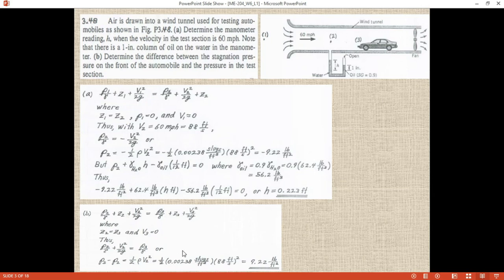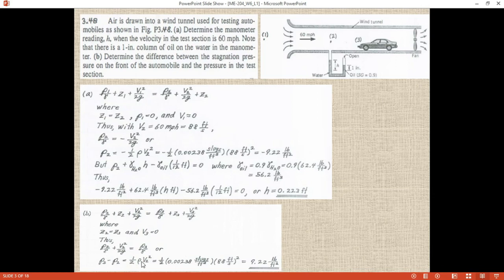So let's see. Now we are going to apply the Bernoulli equation at point 2 and point 3. We write down the equation. Okay, now we apply the boundary conditions. The pressure is known at this point, but the velocity is unknown, and the velocity is known at that point. The velocity is 0 and the pressure is unknown. So what will happen after putting the values? P2 over gamma, plus V2 squared over 2g, equals P3 over gamma. So we have to find out the difference between P3 and P2. So I took the P2 term here.